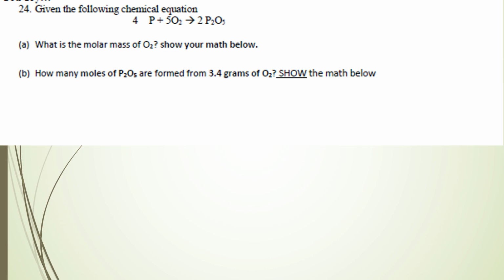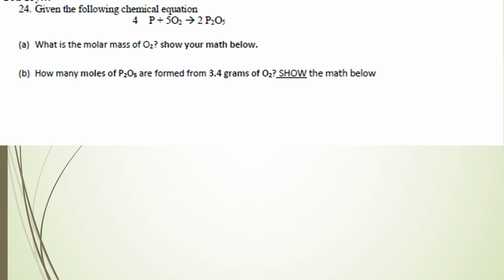I'll walk through number 24 first, because I want to save the last one for Wednesday. All right. So it says, given the following chemical equation where I have 4P plus 5O2 reacts to form